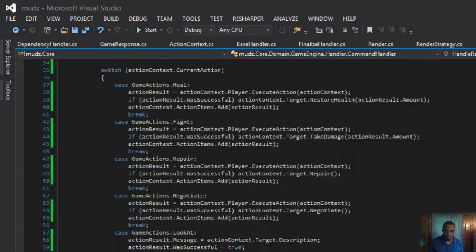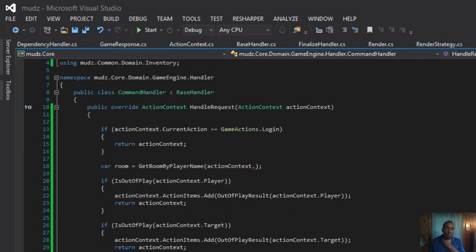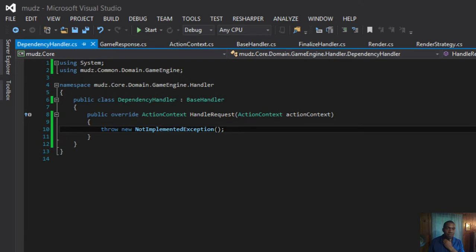So the one thing that we want to tackle is this idea of the room content. So now we've got this minty fresh dependency handler, where this is where we really want to handle all those dependencies. We want to make sure, if we go back to our chain of responsibility pattern and getting everything in the right place, that's really a pattern that we're taking advantage of.